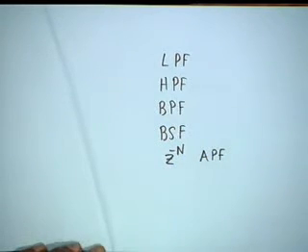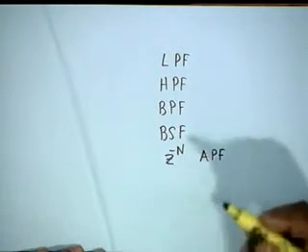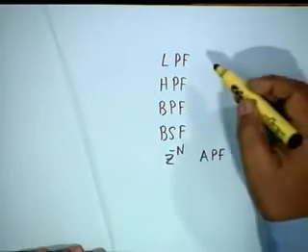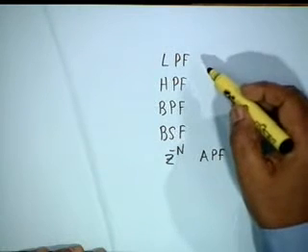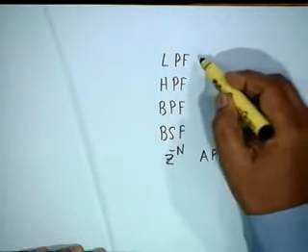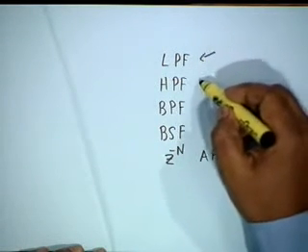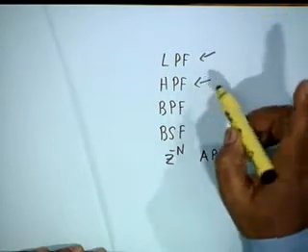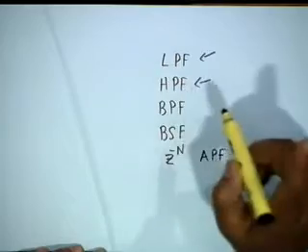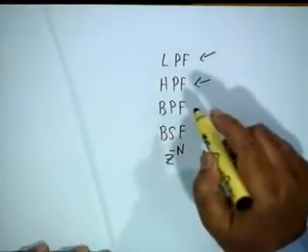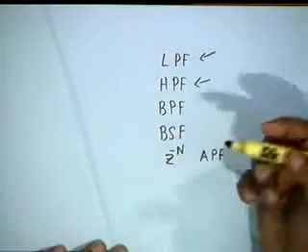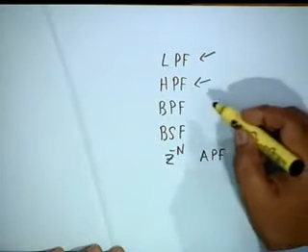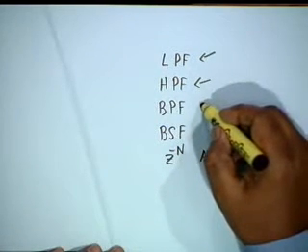Then we talked about IIR, simple IIR digital filters, and we showed how to construct first order low pass, high pass. We normalized the maximum magnitude to 1. That's why we required a multiplying constant 1 plus alpha by 2 or 1 minus alpha by 2. Then we introduced the band pass filter.